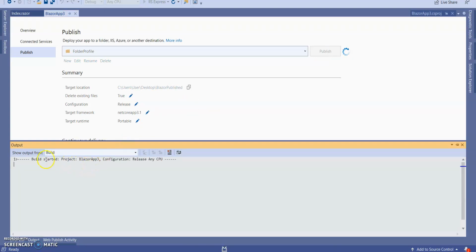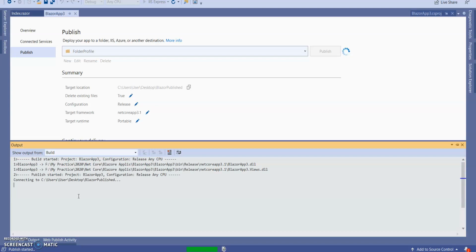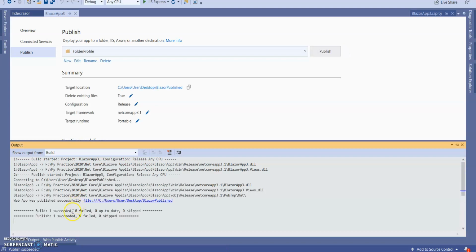So it will build the application and publish it into my specified path, this desktop Blazor published path. Wait for some time, let it publish. So publish succeeded. Close Visual Studio